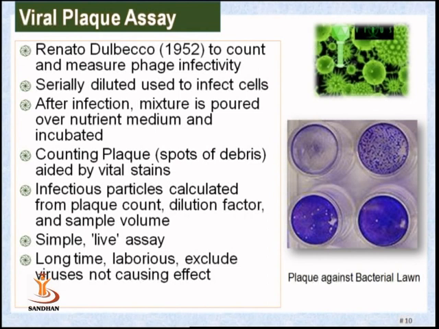In this method, the viral sample is serially diluted, and from the dilution, 0.1 ml aliquots are used to infect monolayers of host cells, which are already kept inside the Petri plate. And after incubation, during this incubation period, the virus attaches to the cells, and after